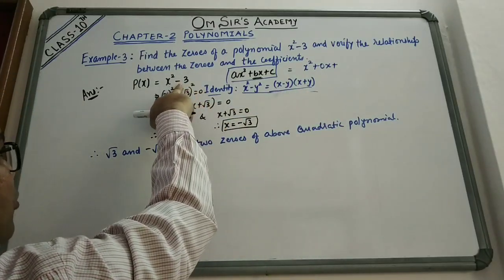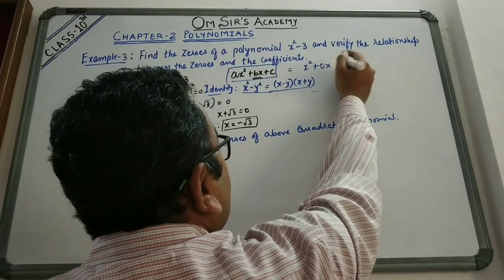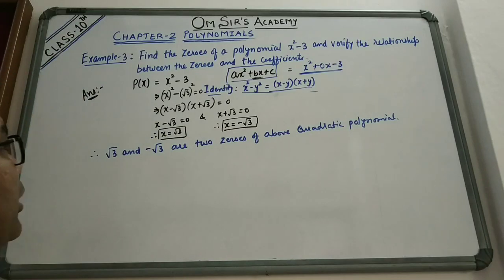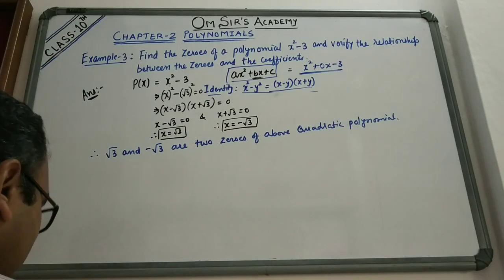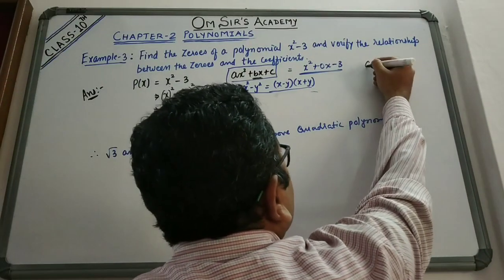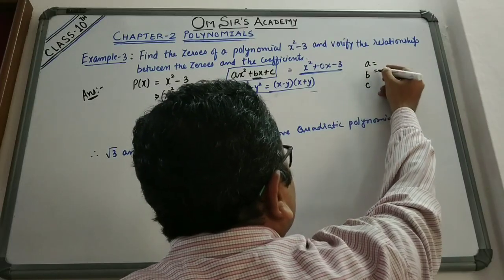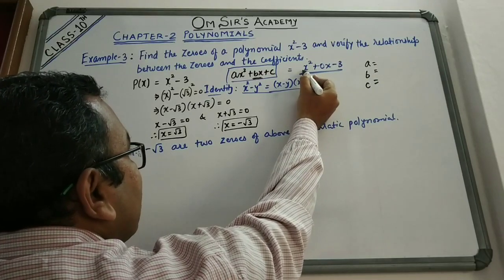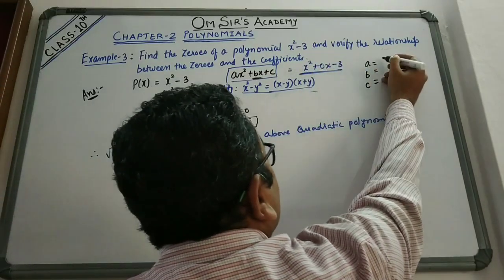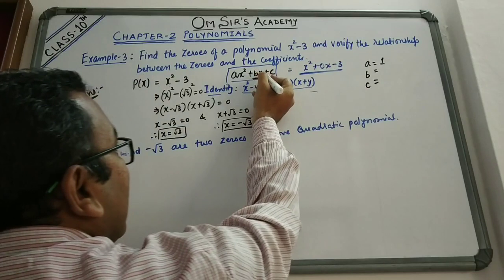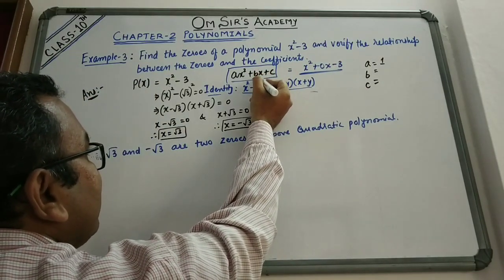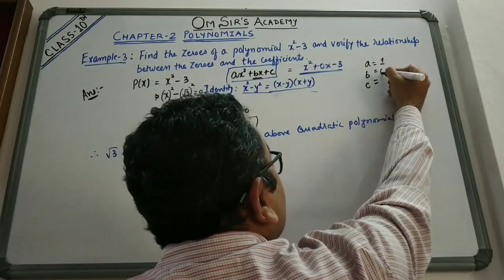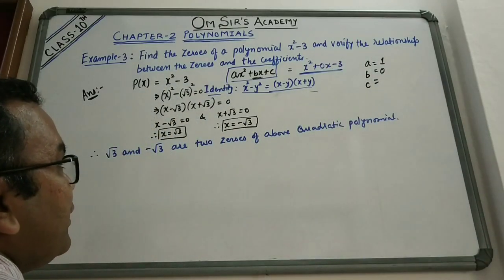And last term was what? Minus 3. So I put here as minus 3. So this is my polynomial. So from these polynomial, I get the three values of the coefficients a, b and c. Okay, तो यहाँ ax square में x square के आगे मेरा कोएफिशिएंट क्या था? 1. So I got the value of 1. यहाँ पे bx में x के आगे b था, तो यहाँ पे x के आगे 0 है, तो I'll take b as a 0. Is it clear?